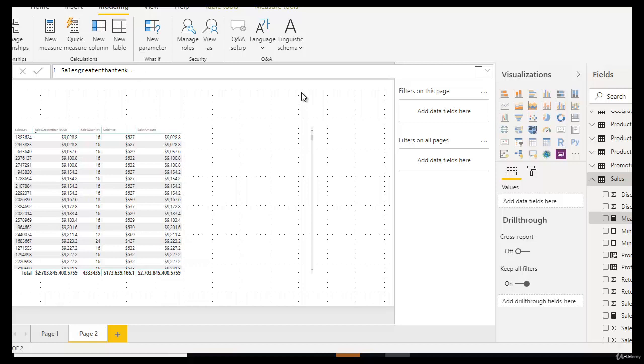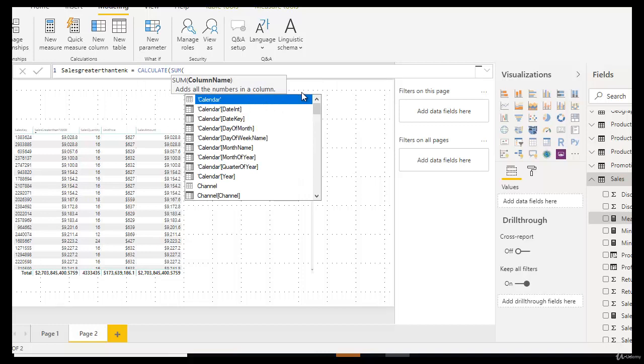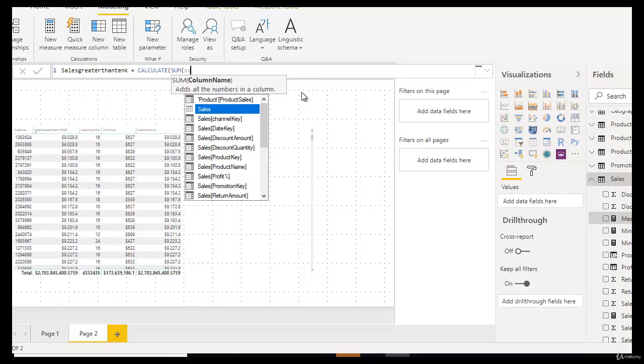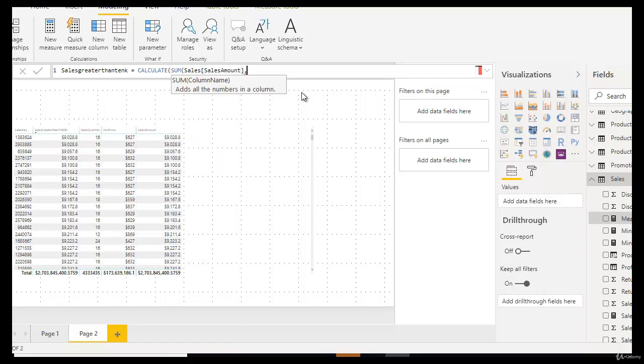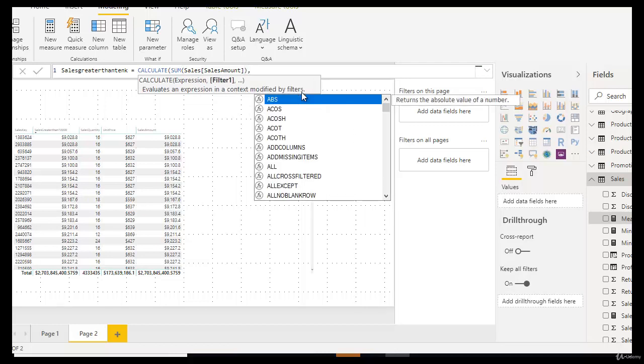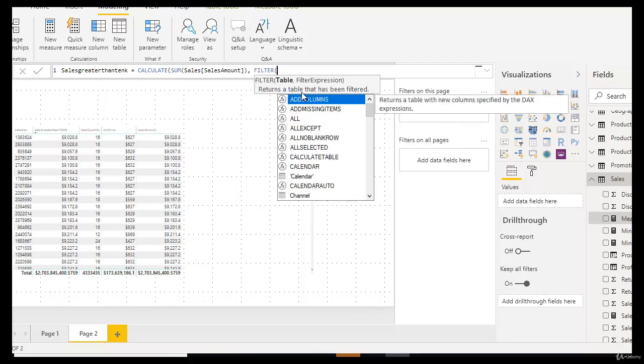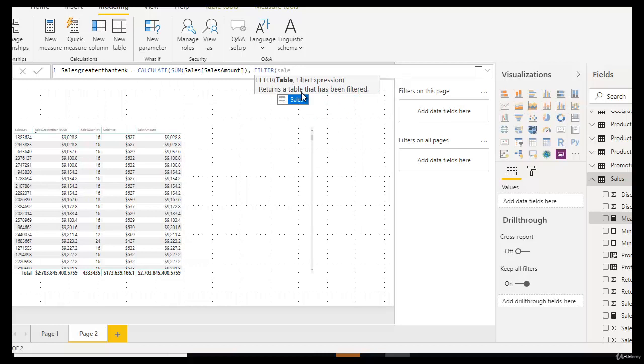For that, first of all, we have to use calculate. Then we are going to sum the sales amount, comma, then filter. We take the sales table, comma, and the filter expression is going to be